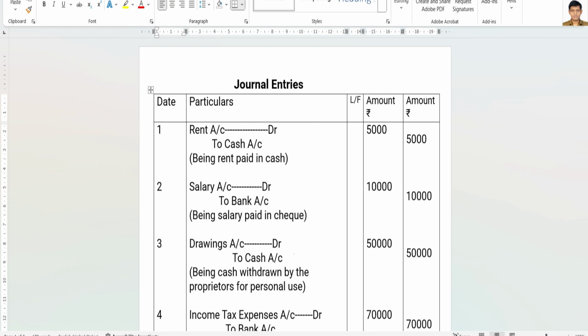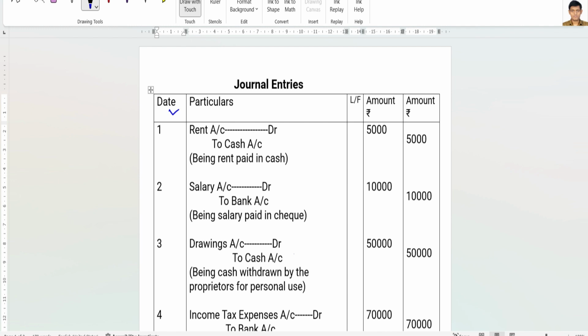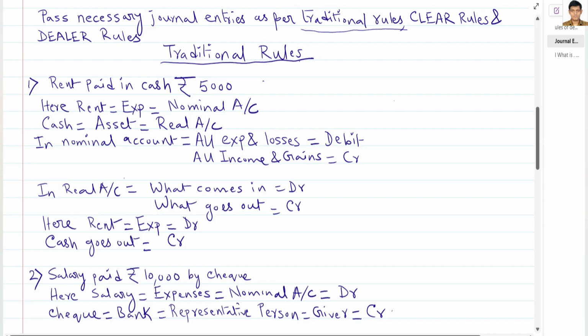In the extreme left hand corner, we write the date, and then particulars, then ledger folio, and then the amount of debit and credit. So let's start from the beginning. First journal entry: rent paid rupees 5,000 in cash. Suppose that my firm is doing business in a rented accommodation, and I have paid rent in